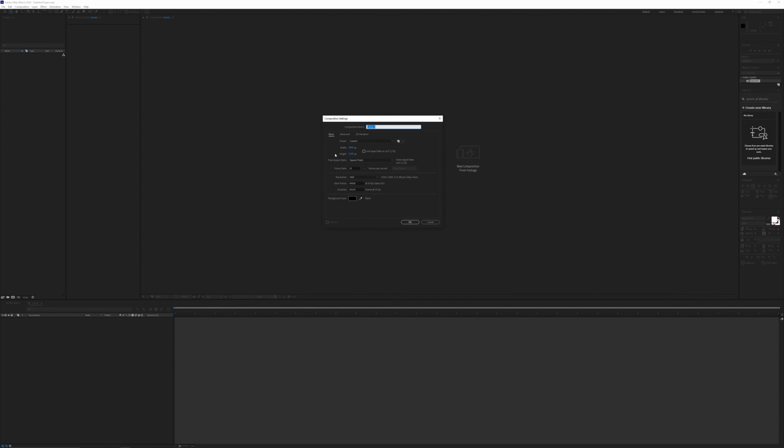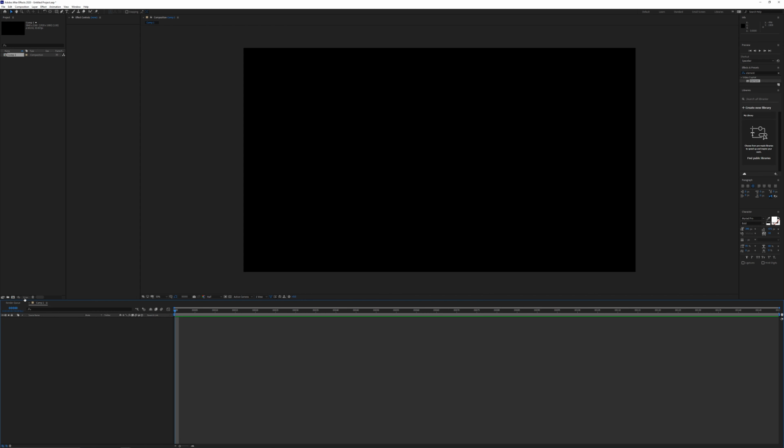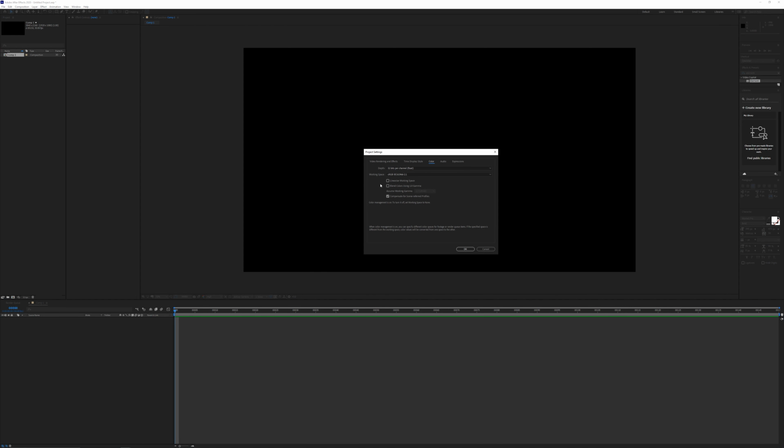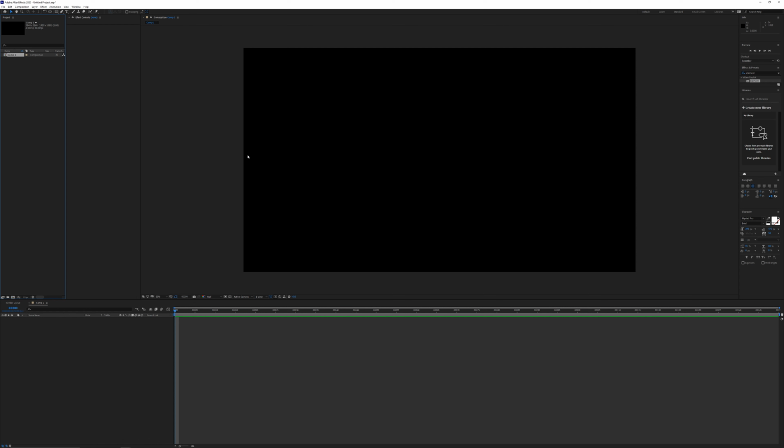So we're going to need a new composition. I'm using UHD 4K, 30 FPS, and 150 frames. For the project settings, I'm using 32 bits per channel, and I'm not linearizing, so recall that you generally don't linearize with Element. We're not using any types of raw or linear files, and to the best of my knowledge, there is no color management for Element 3D in the first place, so if you do linearize, you can end up overcorrecting your input.